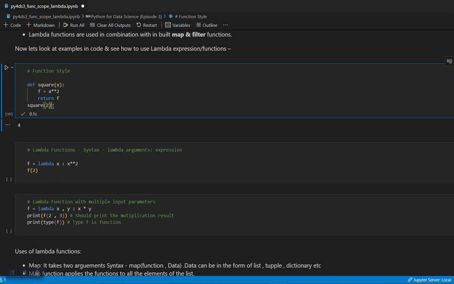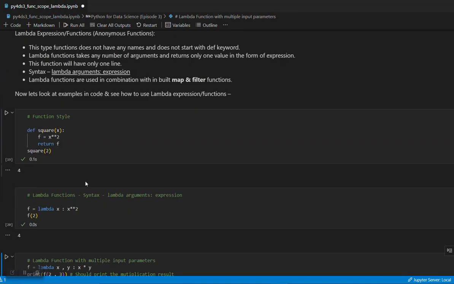Instead, you can simply use a lambda function to create a similar function in only one line. So this is my argument and this is my expression. I start the line with lambda, and then assign that to f. Now if I call this, it will do the same operation. It will square the variable, but with fewer lines and in a more compact way.